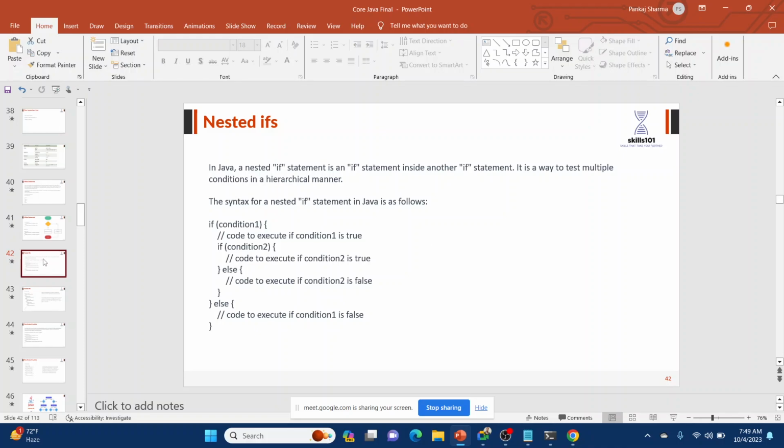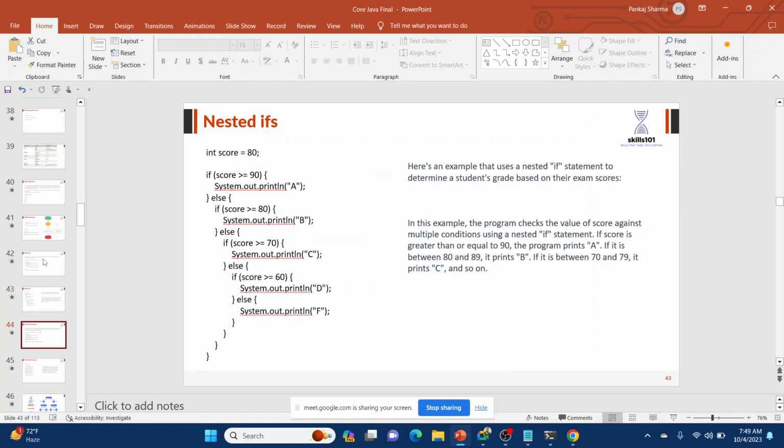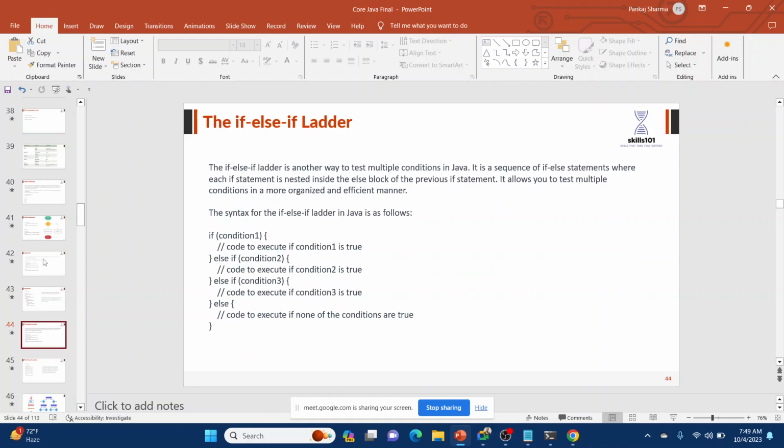So if you write an if else statement inside an if part, it is nested. If you write an if else statement inside an else statement, it is an if else ladder. So you can use multiple if else statements to create multiple decision making. The same